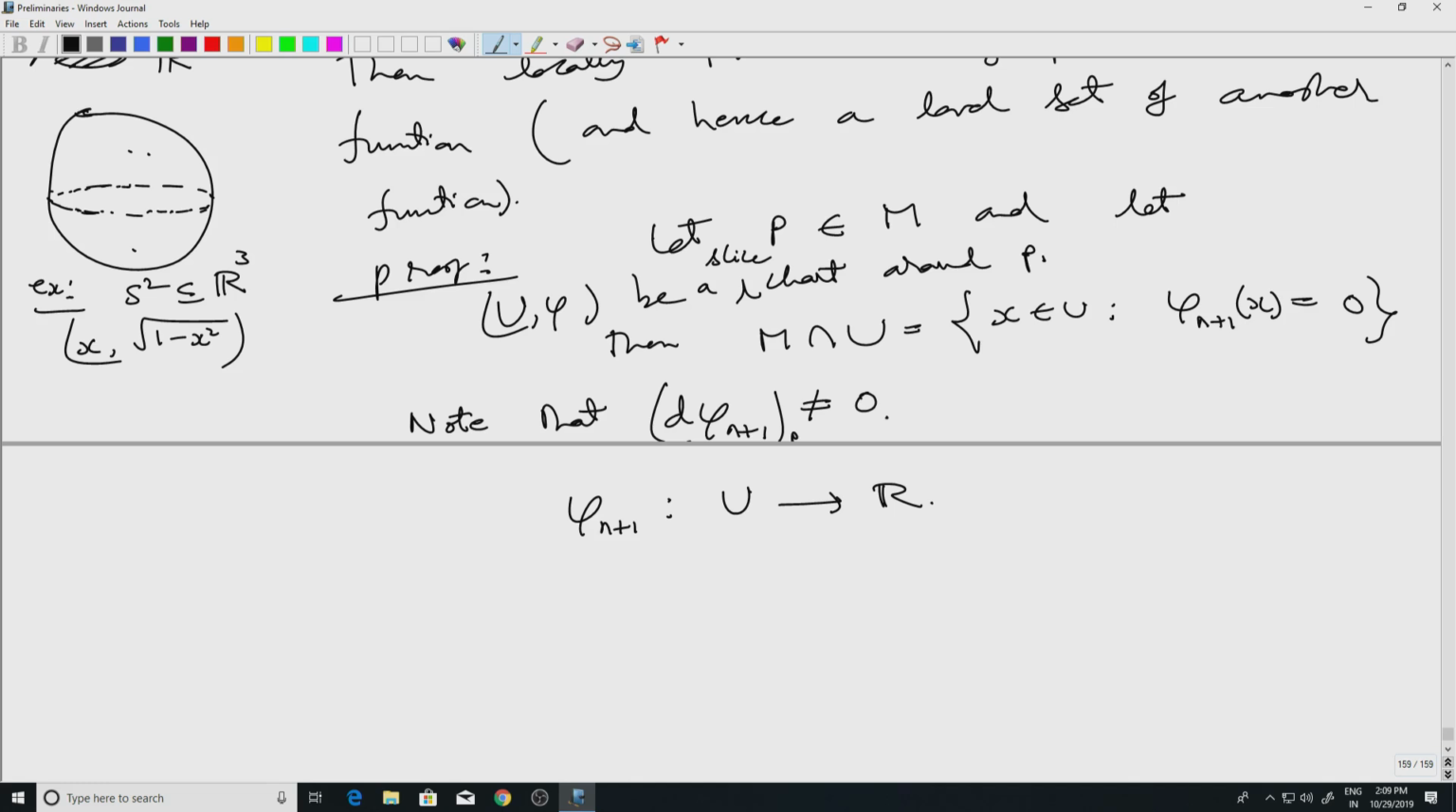So to see that this is not 0, since d phi n plus 1 acting on V is, let me write it in a slightly different way. The point is that phi takes U in M intersection U to Rn. So the point is that because of this property,